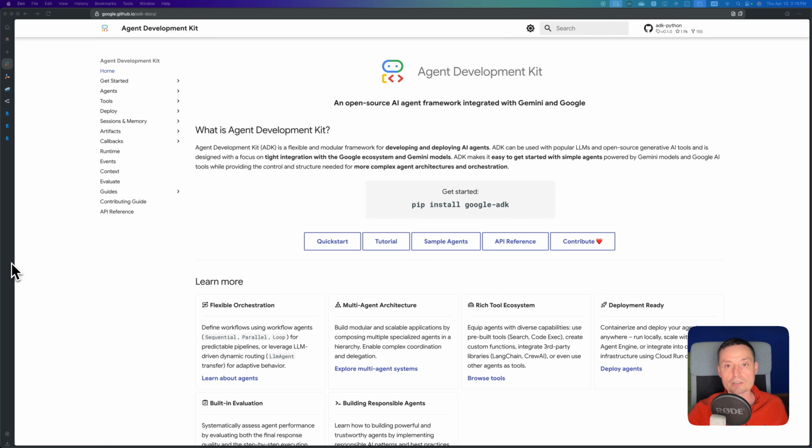interesting, nice features. In the past, I've played around with the Agno framework, which can also help you build agents, but since yesterday I wanted to see what the Google Agent Development Kit has to offer, and basically this is their website in here, and to install it you just need to run pip install google-adk